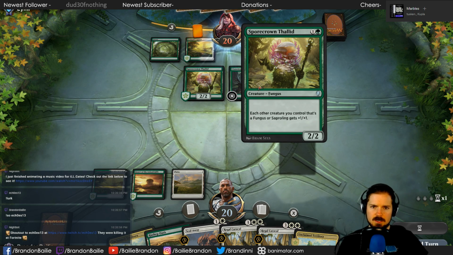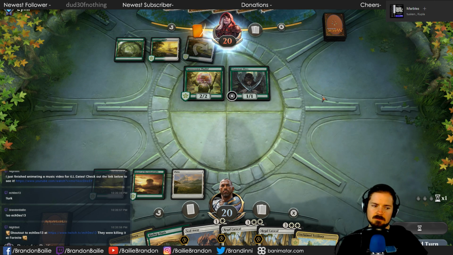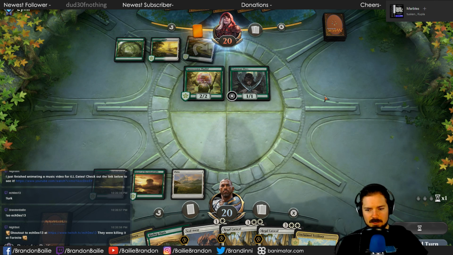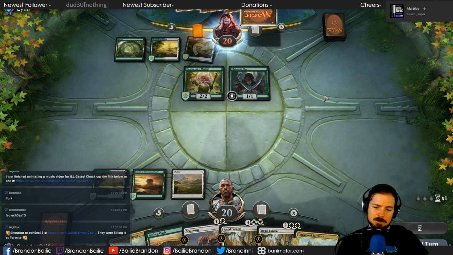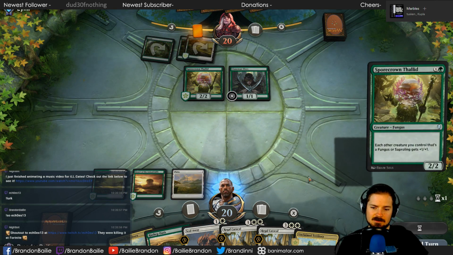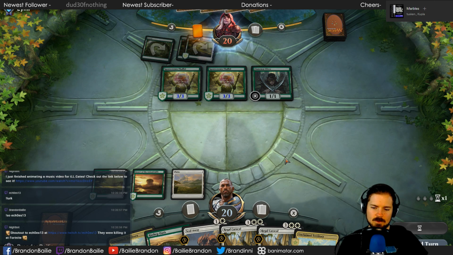So Spore Crown Thallid, we might need to actually seal away, I think. Because we really need some sort of creature now. I mean, it's going to be embarrassing if we just really don't play anything until a little bit later in the game. Swing with everything, man.